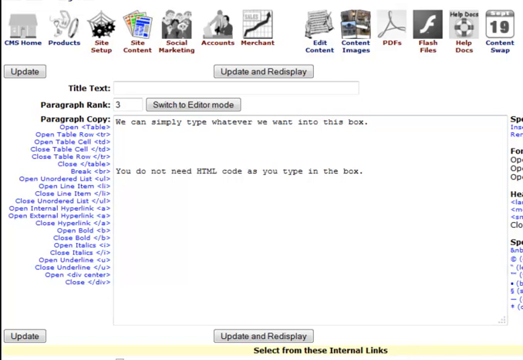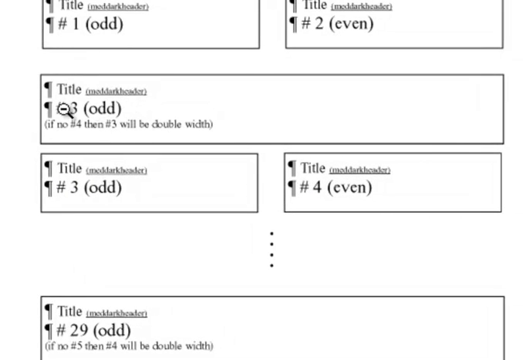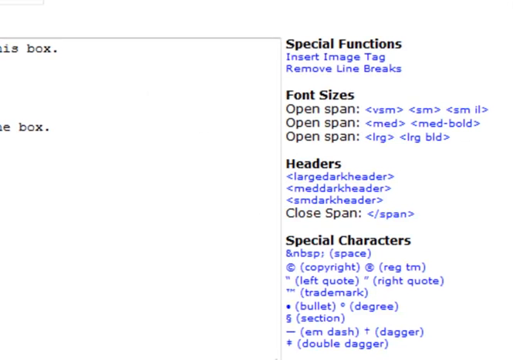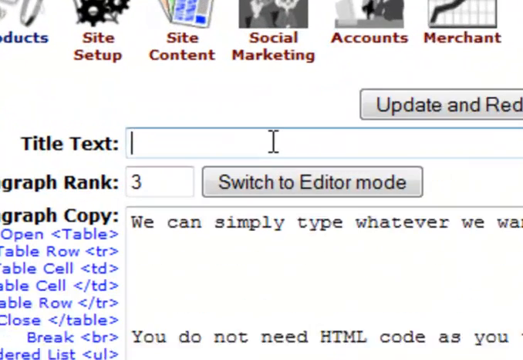According to our directions, paragraph number 3 says that the title, should we put one in, would be in a medium dark header style. And paragraph number 3, again with this odd indicator, which I'll explain in a moment. And it says if there's no number 4, then number 3 will be double width. Okay. Let's go back here, and I'm going to now insert